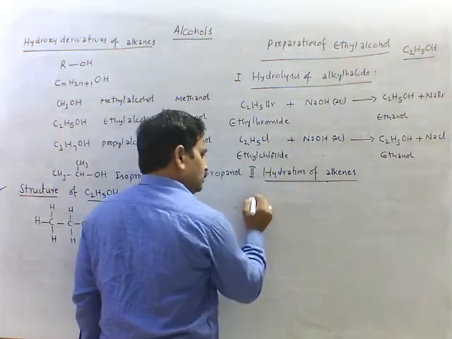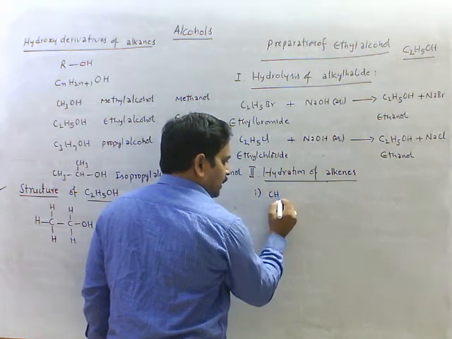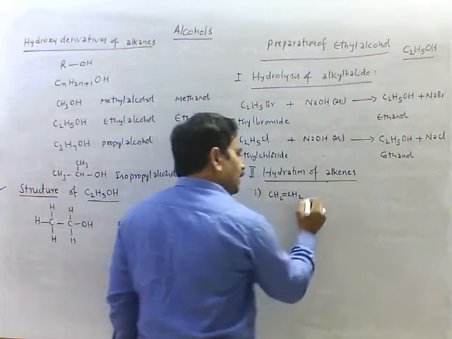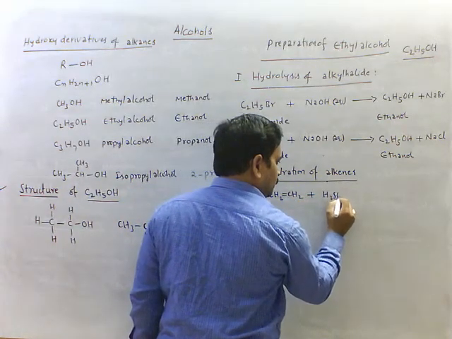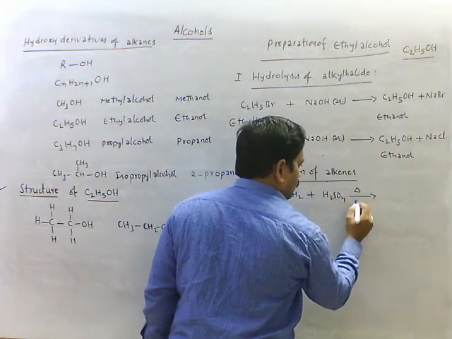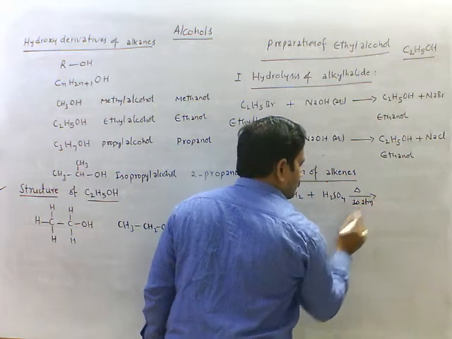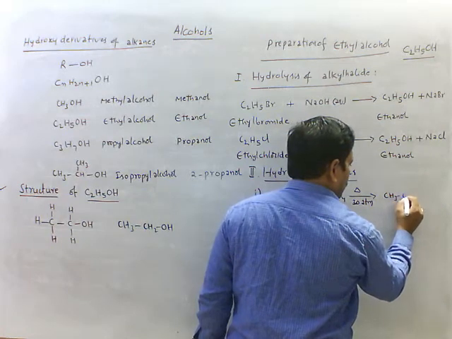One is ethene. We are taking CH2=CH2. It is treated with concentrated sulfuric acid. On heating at 30 atmospheres, high pressure, we get CH3CH2